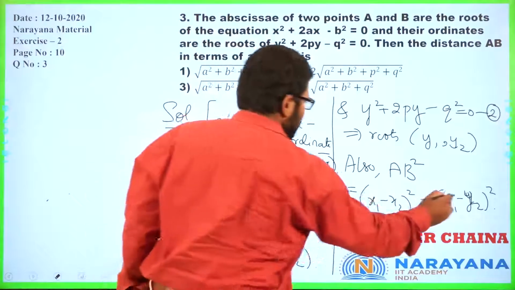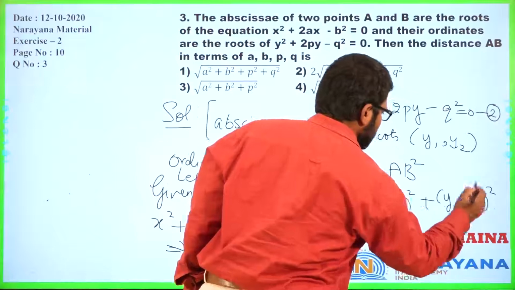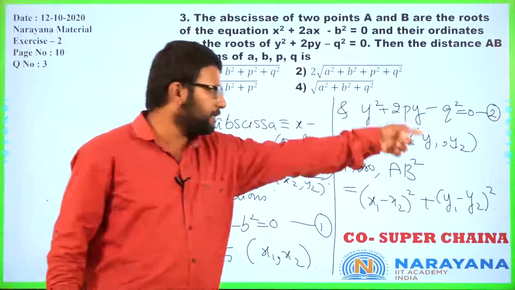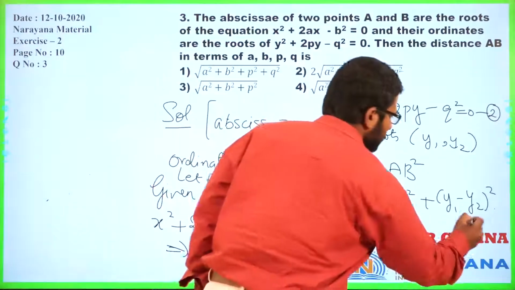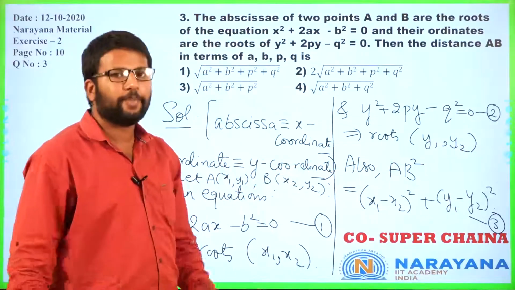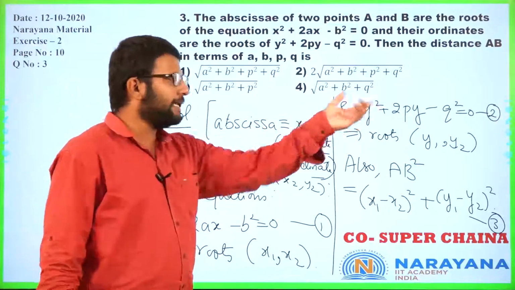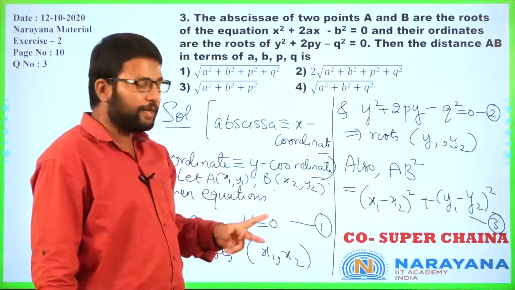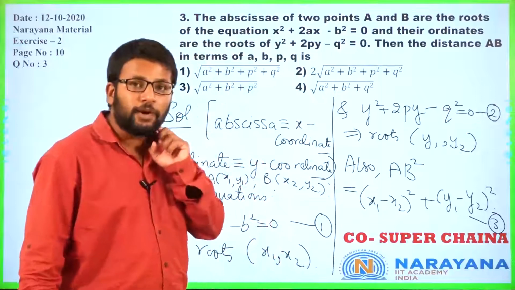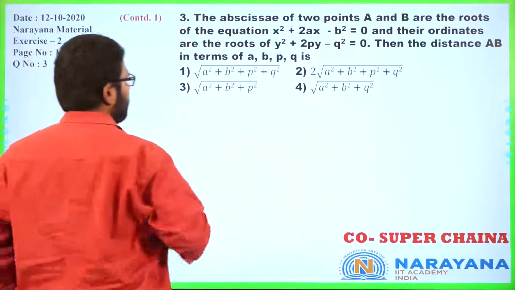Now the question is, based on the given quadratic equations, how do you get to this point? Which means based on the information in equation 1 and 2, I need to find x1 minus x2 the whole square, y1 minus y2 the whole square. Some of you might have already figured it out. From these two equations I can get sum of roots and product of roots, correct? Using sum of roots and product of roots, somehow I need to get to this point, right? So now do you recall there is a formula that links difference of roots with sum and product, right?